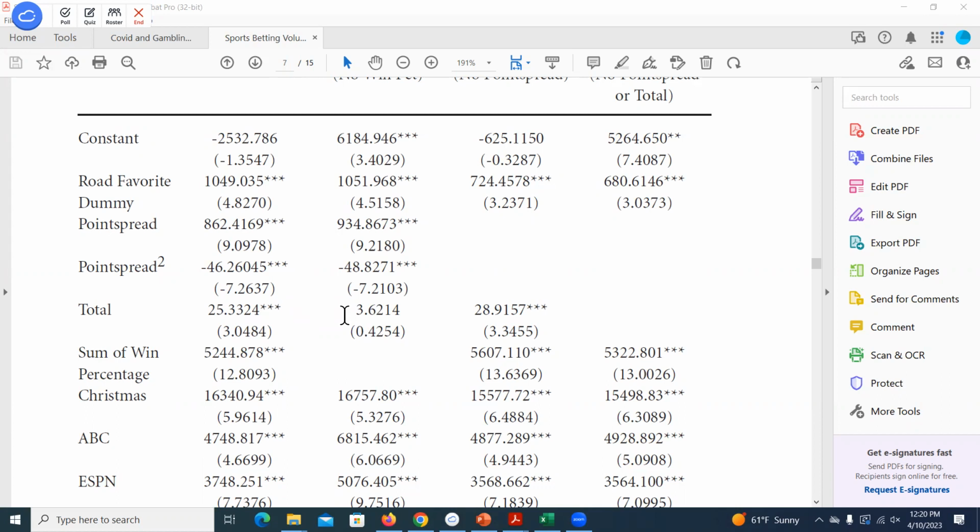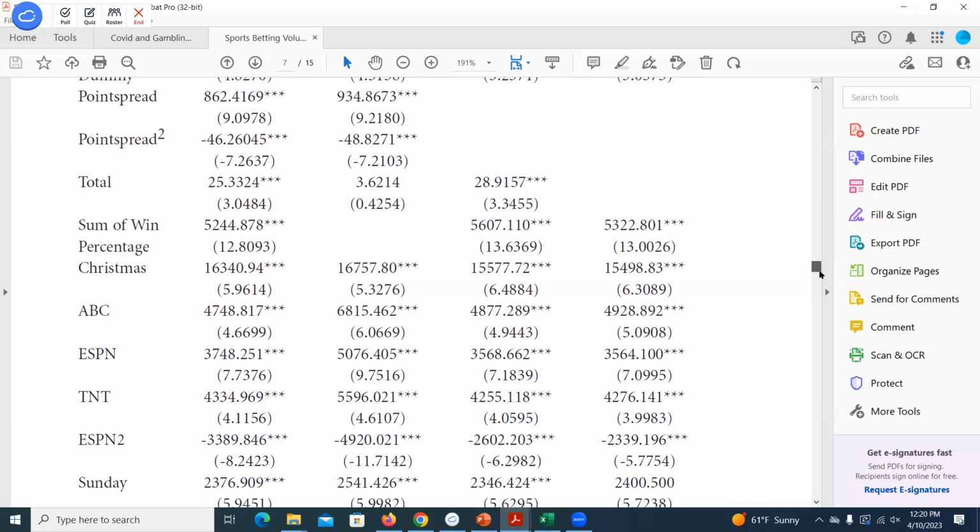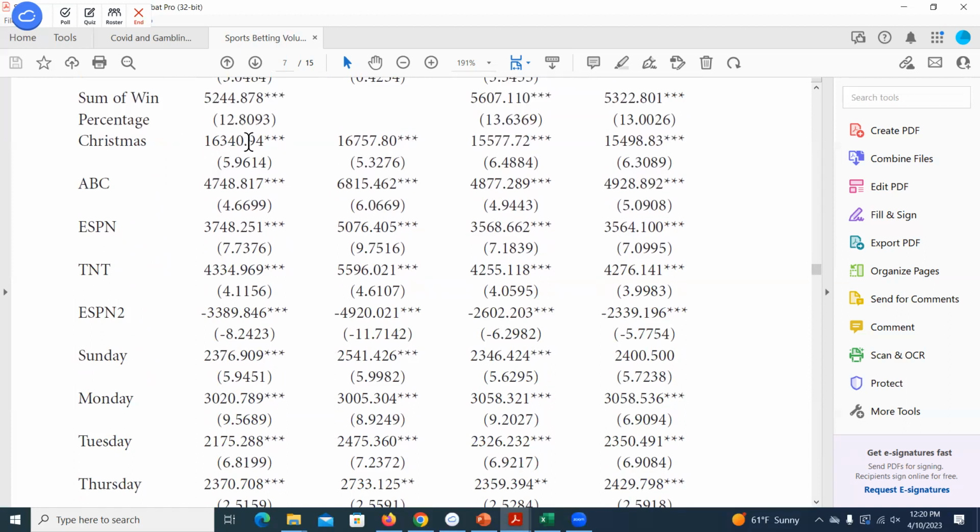If the game is on network television, or on Christmas Day even, it has a huge positive effect. You see ESPN, ABC, TNT: for those games we would predict a higher average value of bets. That lends to the hypothesis we talked about last class: people betting on a sports game, what might they be more likely to do? Watch the game. So for games in prime time, or games that have more value, like a game on Christmas, more people are watching, more people want to increase their utility. So not only will they watch, they'll also bet on that game.